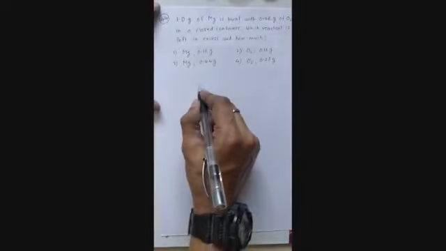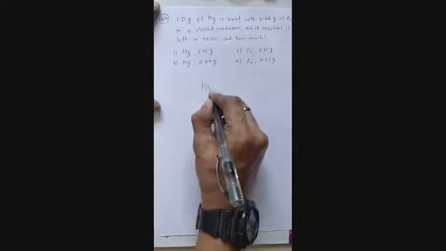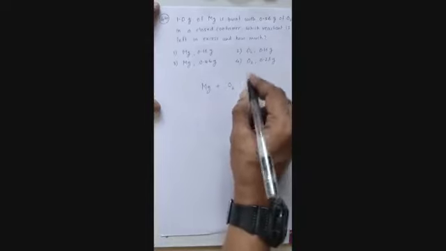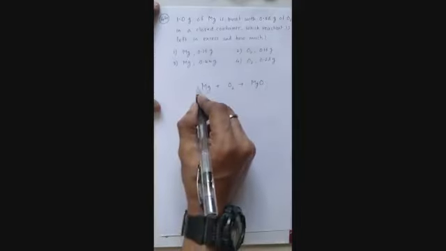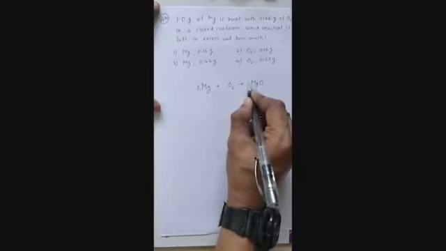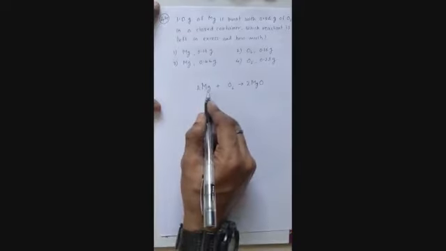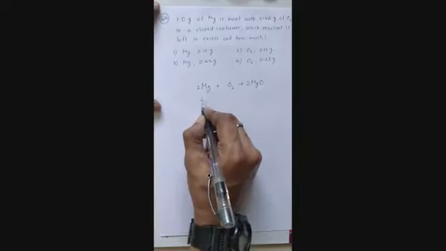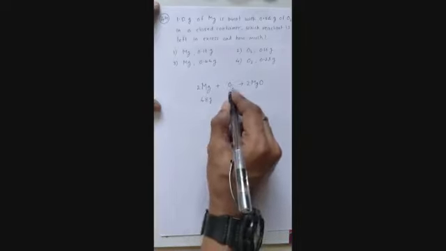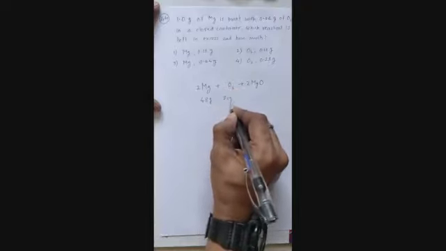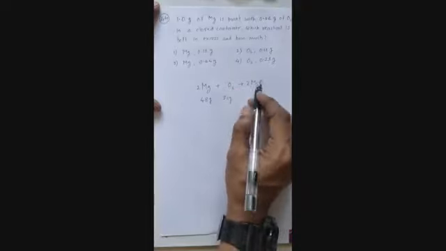Let's see the next question. 1 gram of magnesium is burnt with 0.56 grams of oxygen in a closed container. Which reactant is left in excess and how much? So let us write down the reaction here first. We have magnesium plus O2, which is going to give me MgO, right? So if I balance it, it should be like this. So 2 into the atomic weight of magnesium, 24, makes it 48 grams of magnesium, which requires 1 mole of oxygen, in terms of mass 32 grams, which gives 2 moles of MgO.